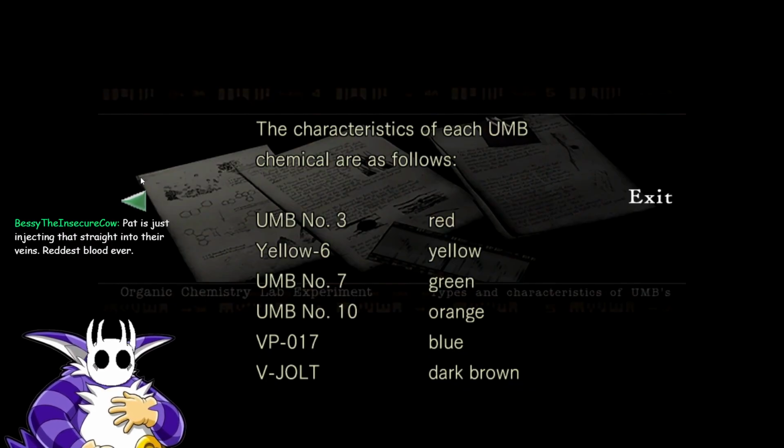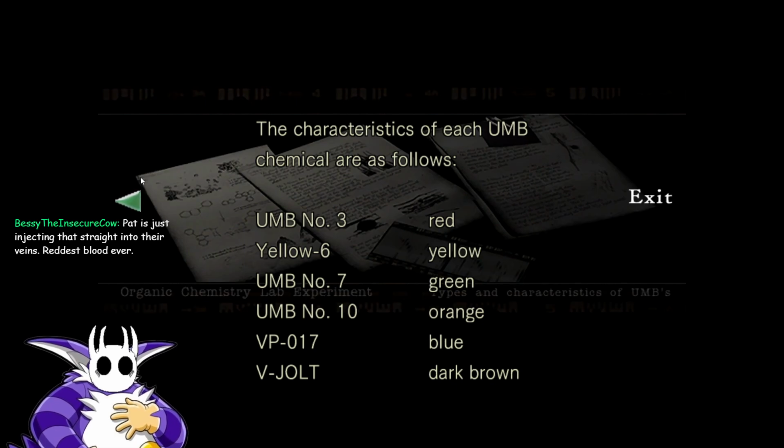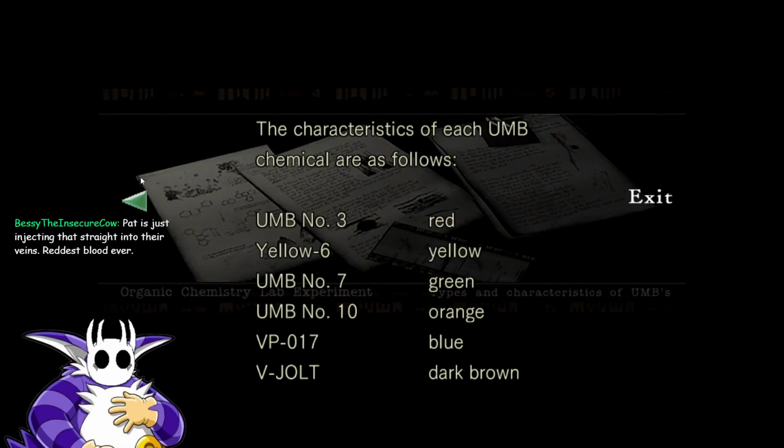UMB number 10 is orange. VP 17 is blue. Okay, so